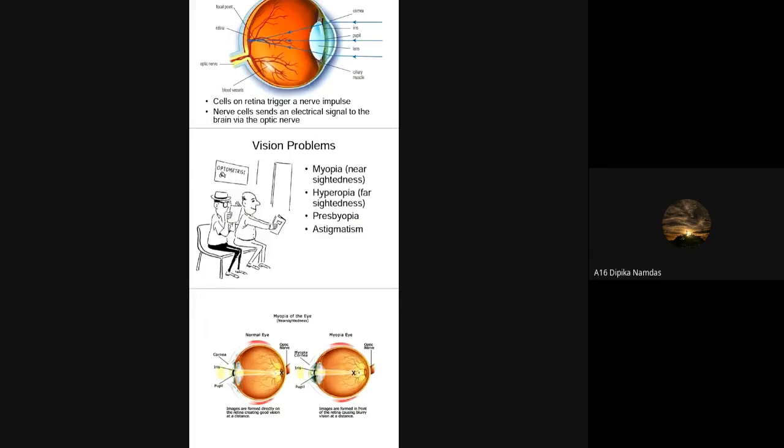Okay, there are various vision problems. Some people have near blindness, some people cannot see nearby objects, and some cannot see distant objects. That is called myopia and hypermetropia, meaning nearsightedness and farsightedness. So what is nearsightedness? What is farsightedness? How can we measure it? What are the causes of nearsightedness? What are the causes of farsightedness? And how can we overcome it?